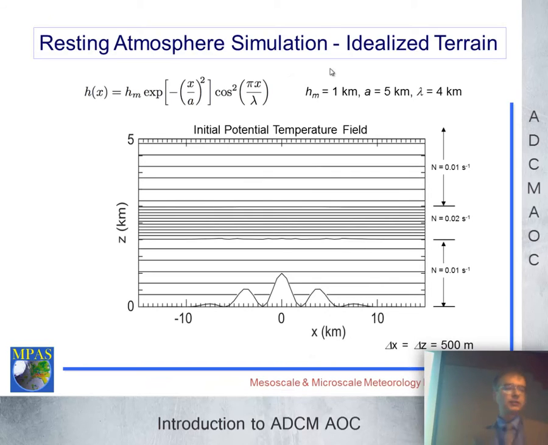These are some tests of this coordinate with idealized terrain. This is an idealized terrain with 3 hills, or 4 or 5 hills, defined by this function. You start with an initial potential temperature field that's flat and no wind, so nothing should happen. You also put a stable layer in here with N equals 0.02, which is even more of a challenge because